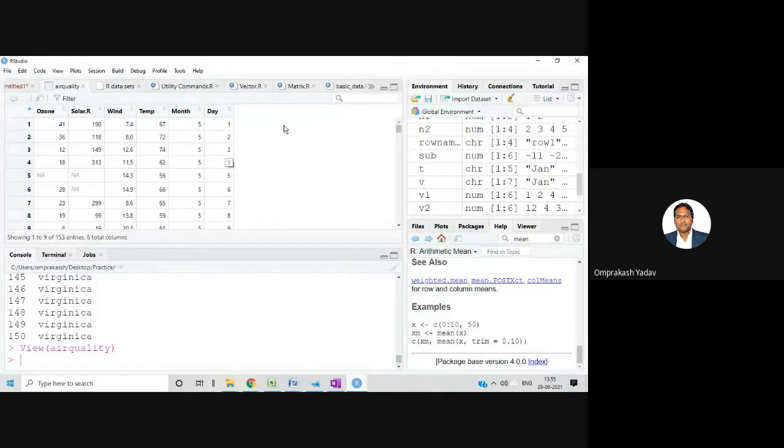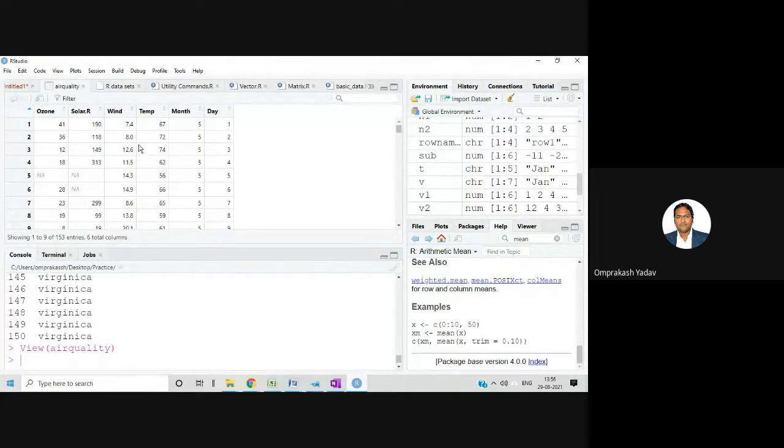So if you want to do the analysis, like what is the relationship between ozone and solar radiation, and what is the relation with wind and temperature, if temperature is reduced or increased, what is going to happen, if wind is high or low, then what happens? All these sorts of analysis you can do. We don't have to go anywhere. The data set is available. You can simply execute your commands on this particular data set, and you'll be able to get the result.